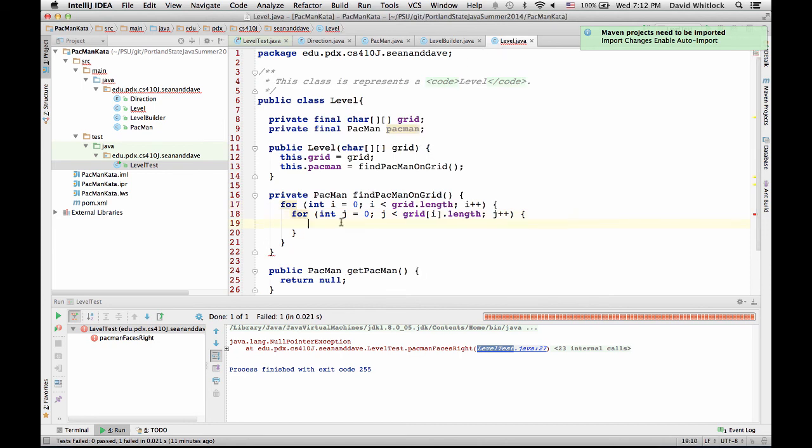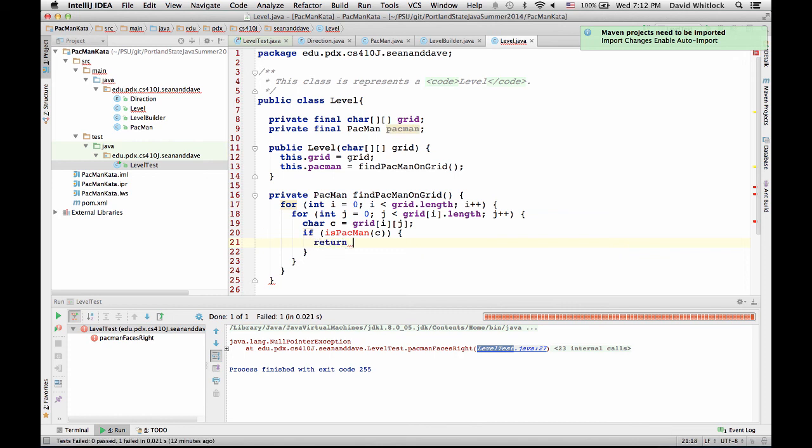Okay, cool. And so then char c equals grid i, j. And so then, oops, if is Pac-Man c, then return direction.